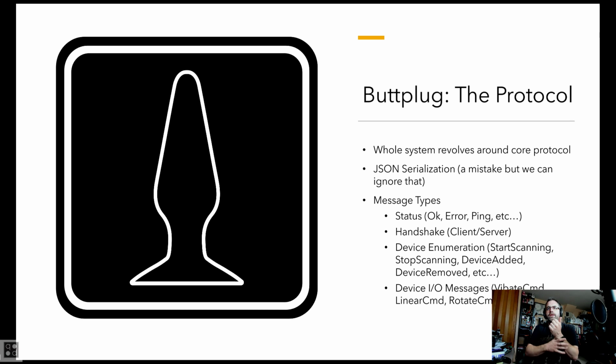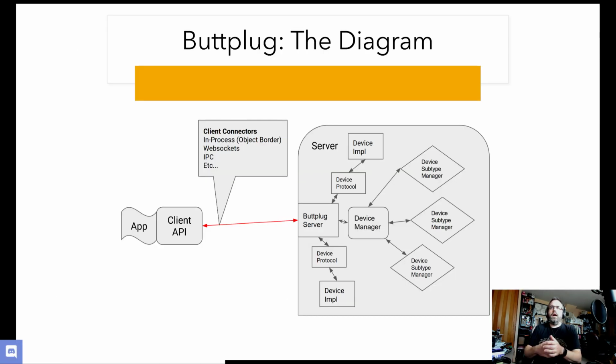Handshakes, which just tell the client and the server about each other. Device enumeration for scanning and finding devices. And then finally the commands that make the device do something. So if you wanted to actually see what the Buttplug system looks like as a graphic, here is a very